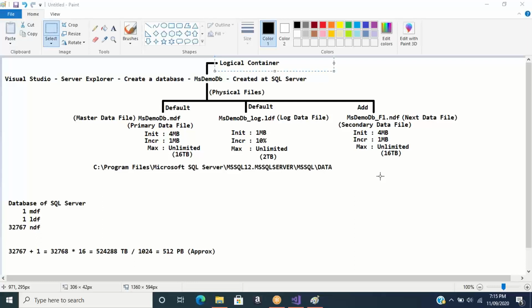Now my question is, if I want to create one database of 512 petabyte, do you have any hard disk of that size today? Do you find any hard disk of petabyte? Hardly today we find hard disks of 16 TB or 8, or even 16 TB we don't have. Might be 4 or 8 TB we have. I'm not sure if they have manufactured a newer one, but